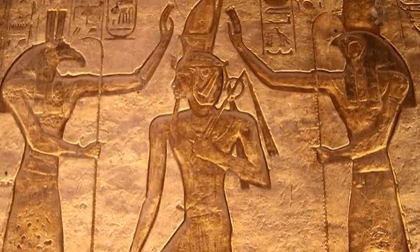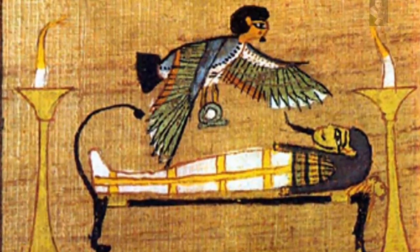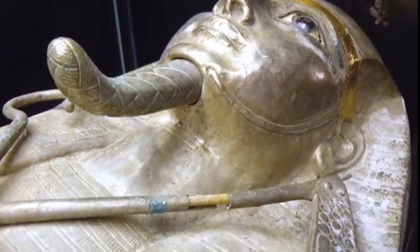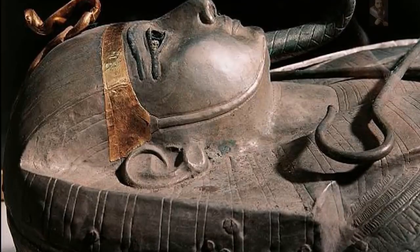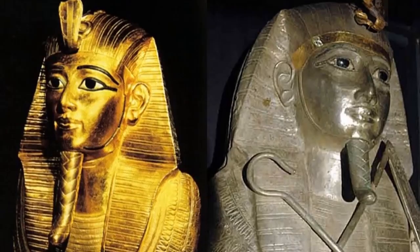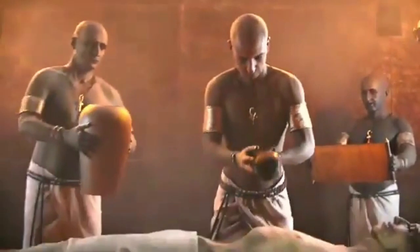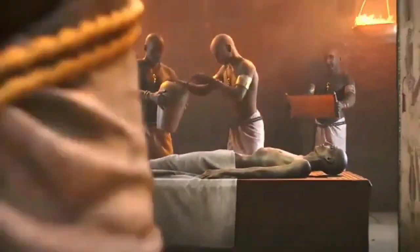According to what Montet discovered, the pharaoh was put to rest while wearing a magnificent burial mask made of gold and was buried in a coffin made of silver. Due to the fact that Susens I was buried in a silver coffin, he is also known as the Silver King. Canopic jars, which were supposed to preserve some of the pharaoh's organs, and shabti figures, which were meant to